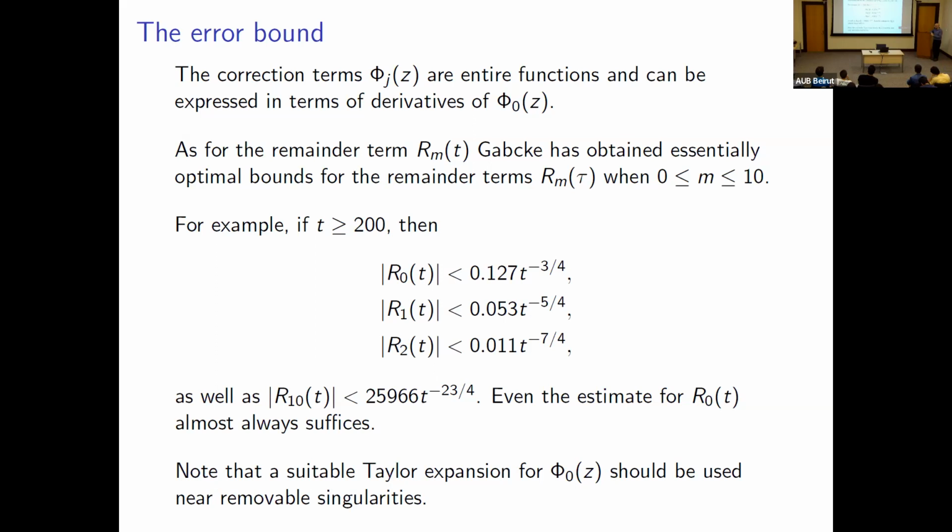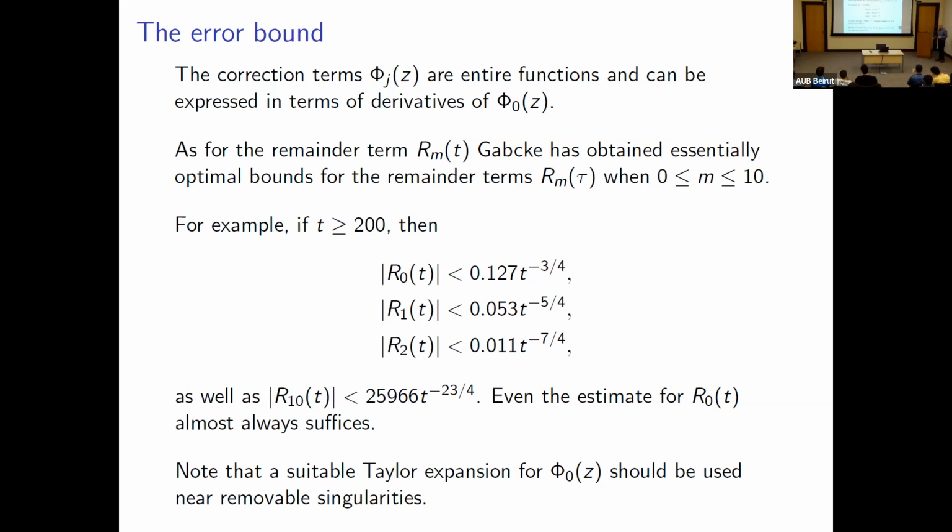Okay. And this is excellent because it actually allows you to do computations and to tell how accurate your computations are. In practice, even the estimate for R sub 0 of t is enough to resolve zeros, because the size is t to the minus 3/4. So if you imagine t is like 10 to the 20, right? So you have like 10 to the minus 15 error, which is very good. Typically, plus minus 10 to the minus 8 is enough to resolve zeros in all computations that have been done so far. Right, so even R sub 0 by itself is good enough,